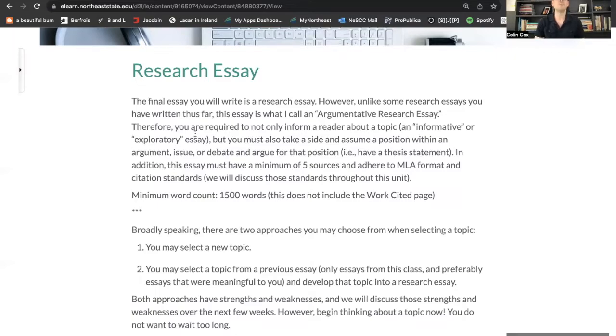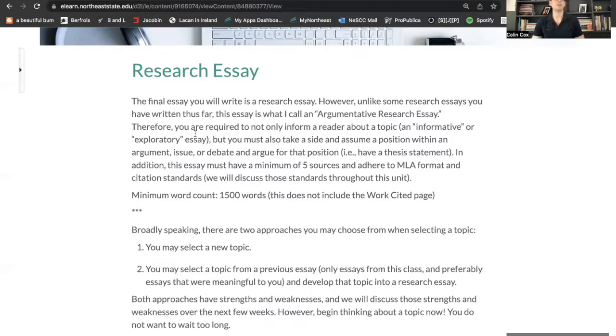And you may certainly have more than 5, but that's the minimum requirement here. At least 5 sources. And I'll spend some time both today and on Wednesday talking about how you can find those sources, what are the best kinds of sources, what sorts of questions should you ask of a source when trying to assess its credibility.